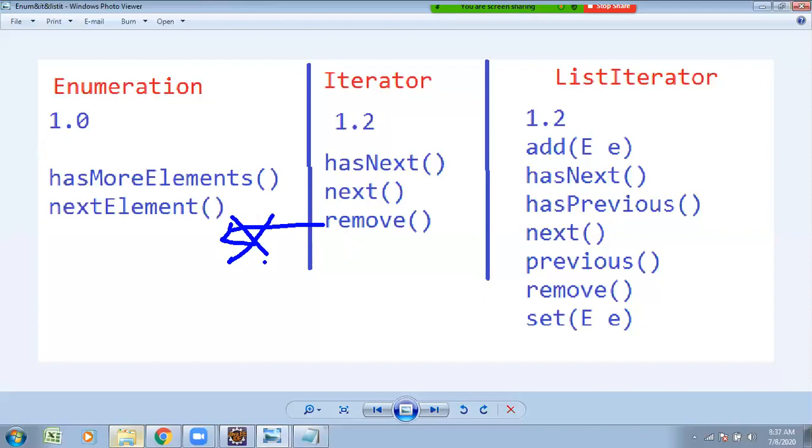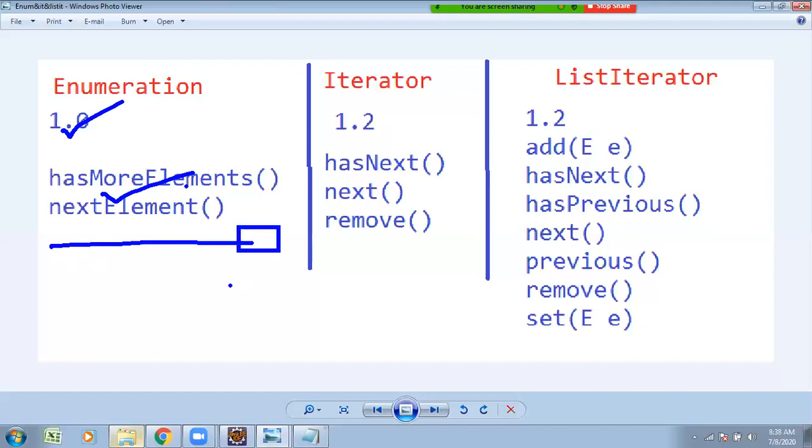But we wanted to get the data, and sometimes we wanted to remove the data also. To overcome the problem, they introduced iterator. Sir, iterator is also working, so why did they introduce list iterator? Enumerator and iterator both support forward direction, but we wanted it in bidirectional. See once. Enumeration 1.0 version only retrieves the data in forward direction.